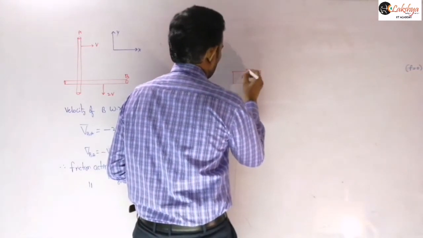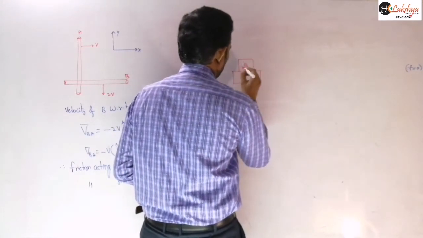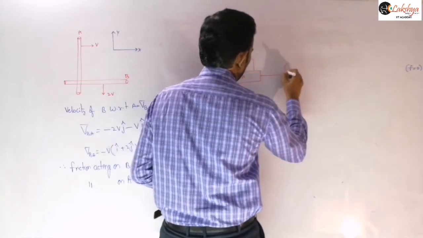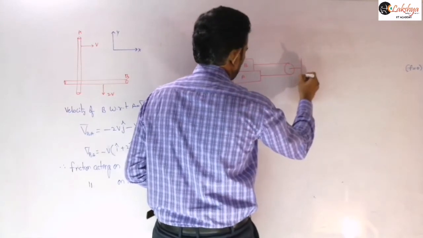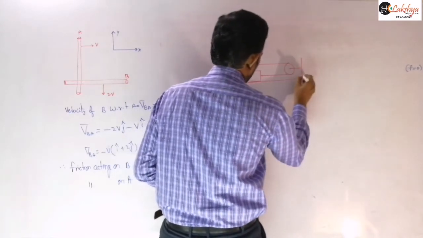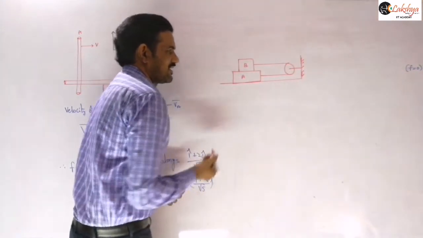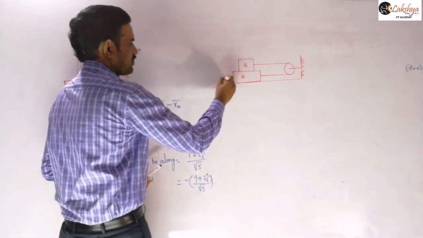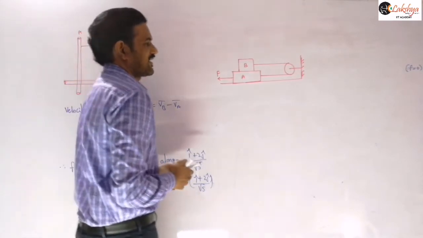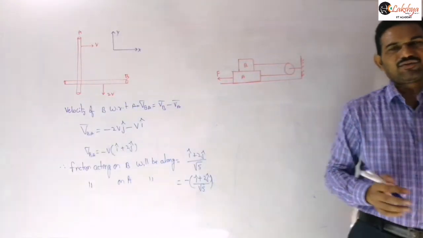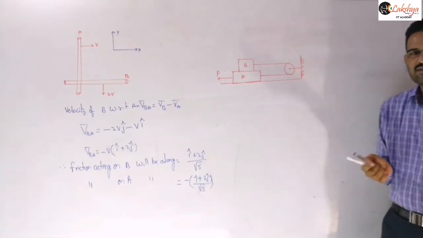So this is, say, block A and another block is placed on this above here. So here this fixed arrangement is there, a pulley arrangement is given here like this. And suppose now you are pulling one of these blocks here. Suppose I am pulling this block here. If you are pulling this block, then we need to identify the direction of the frictional force. So here the velocities are unknown for us, so you can't find the relative velocity here. So in such a case, how to answer that?